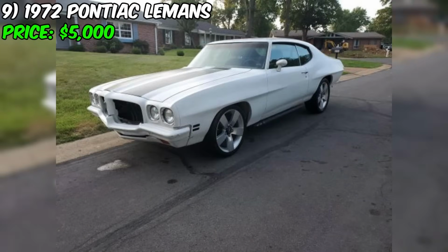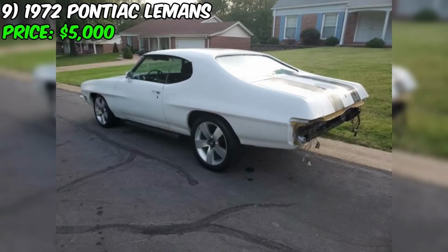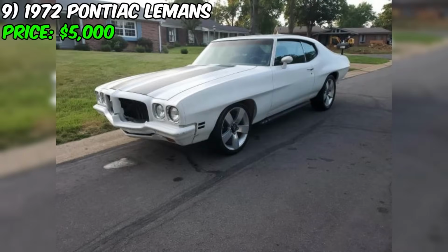over any money. In conclusion, this 1972 Pontiac Lemons presents an intriguing opportunity for the right buyer. If you're up for a project and have the mechanical know-how to bring this classic back to life, it could be a rewarding investment. Just be sure to do your due diligence, inspect the car thoroughly, and get all the details from the seller before making a decision. With some TLC and the right engine, this Lemons could be a real head-turner on the road or at car shows. And at $5,000, it might just be the perfect project car for a Pontiac enthusiast looking for their next